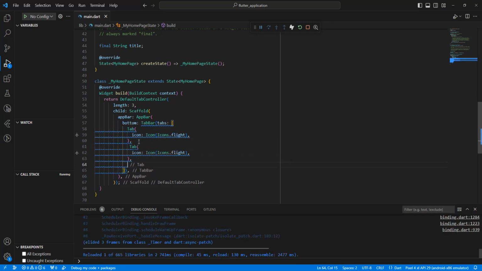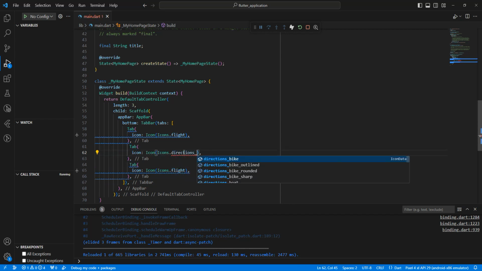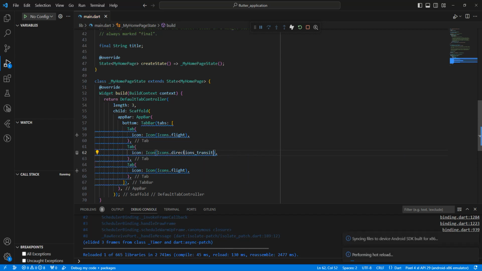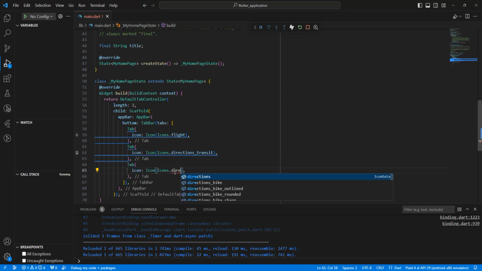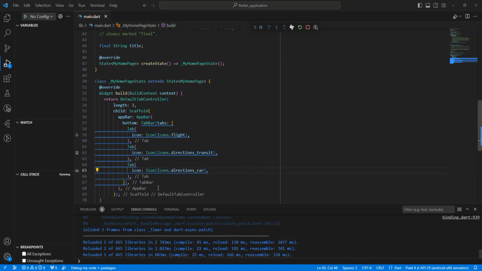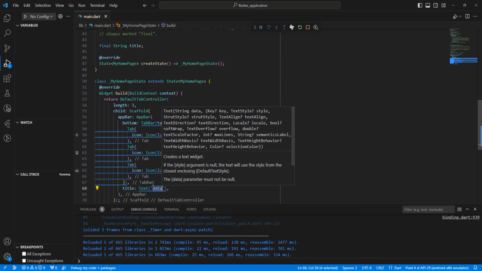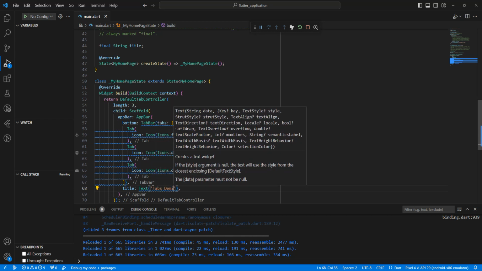create next tab, directions, transit, next, directions car, next, write title with the text tabs demo,